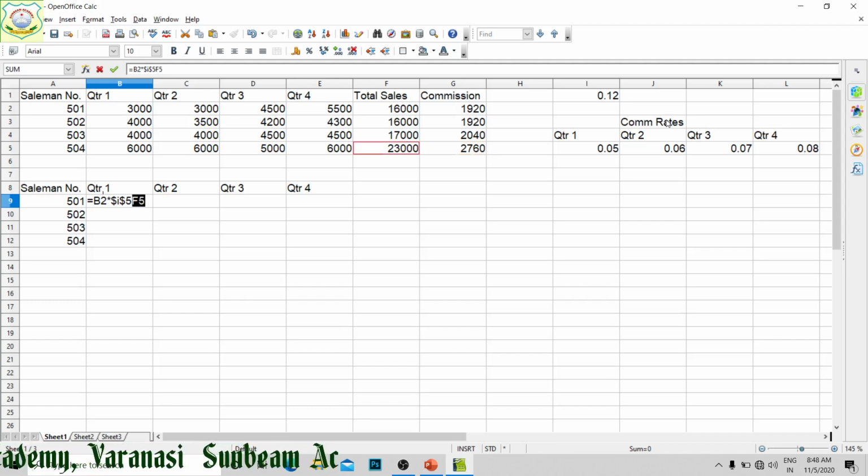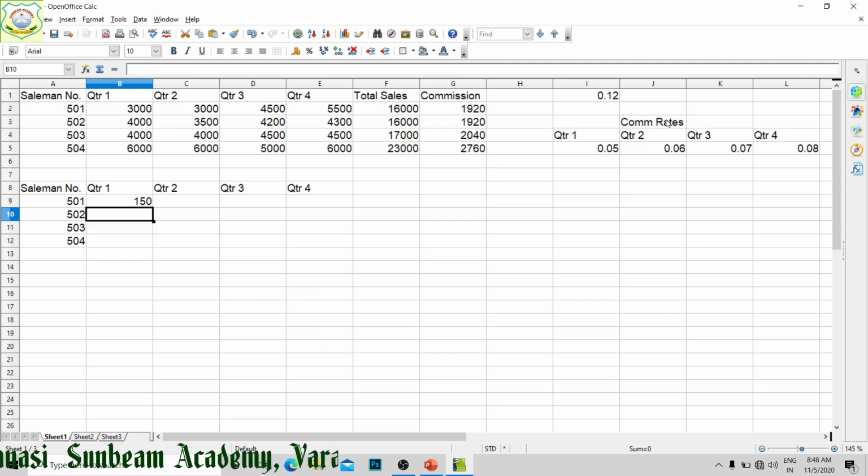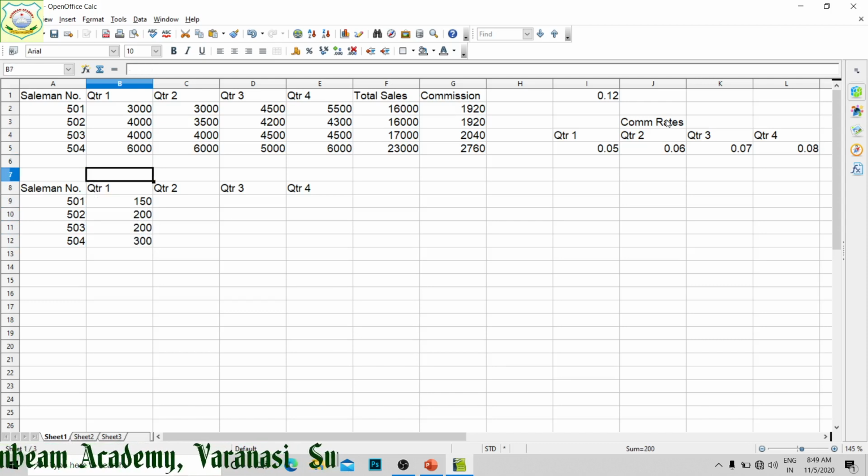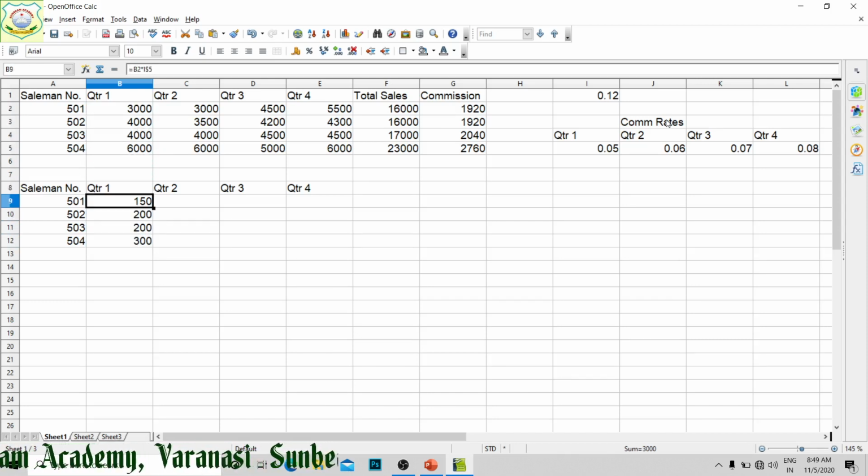So here what we will do, we will use I$5. So the column is relative while the row is fixed. You can see 150 we are getting. Now if we copy from here to here, what will happen? As for this 3000 is given, for this 150.